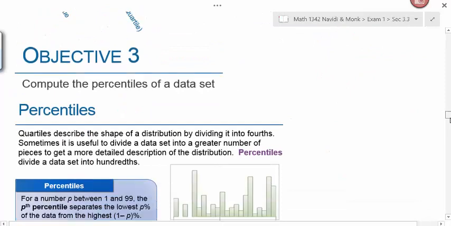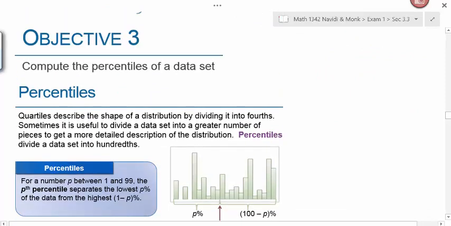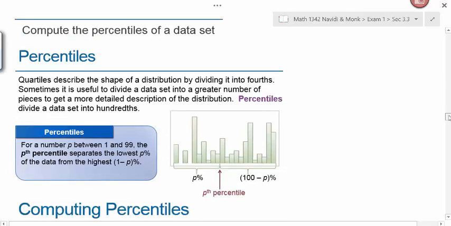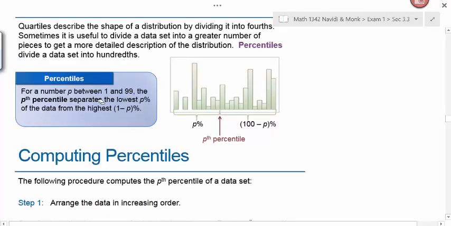Alright, the next objective then is objective 3, computing percentiles of a data set. If quartiles divide our data into quarters, the percentiles are going to divide our data into percents, or 100 equal pieces. Quartiles describe the shape of a distribution by dividing it into fourths. Sometimes it's useful to divide a data set into a greater number of pieces to get a more detailed description of the distribution. Percentiles divide a data set into hundredths. So for a number p between 1 and 99, the pth percentile separates the bottom p percent from the highest